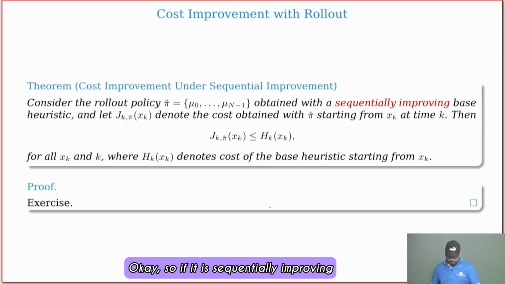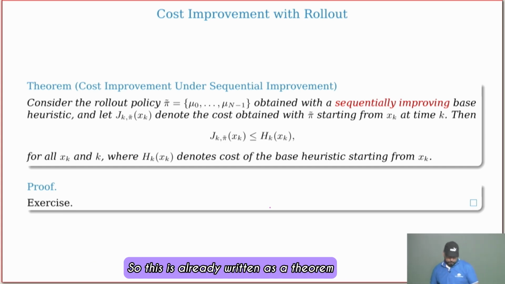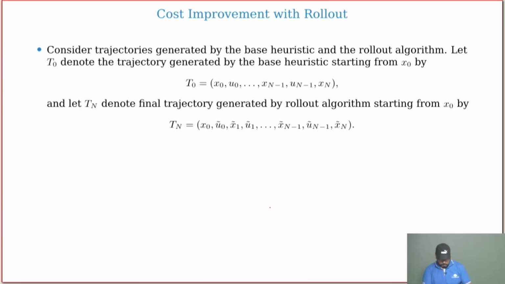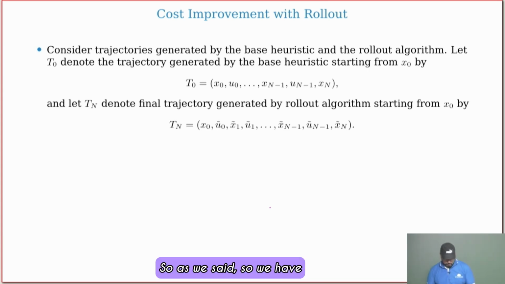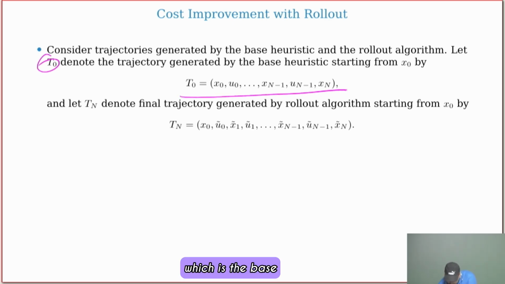Okay, so if it is sequentially improving, then you will do this cost improvement and so on. So this is already written as a theorem. You can write this as an exercise. You can see the book. Okay. So as we said, we have a trajectory T0, which is the base trajectory created by the